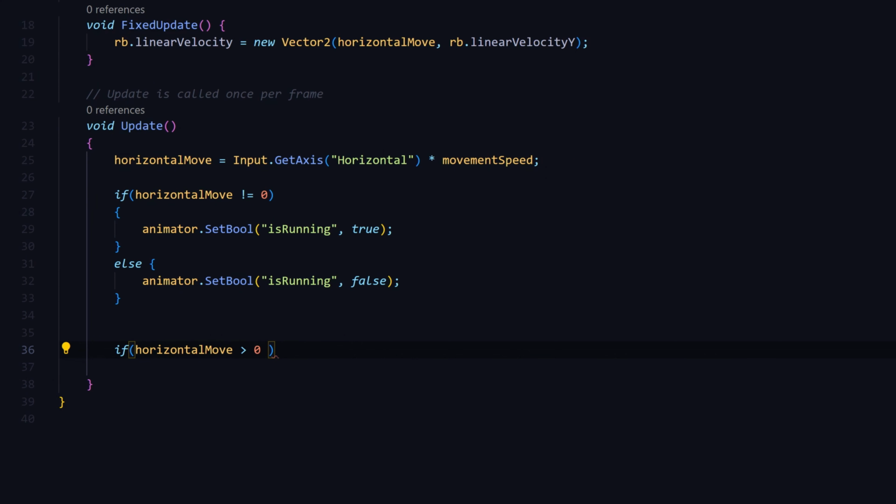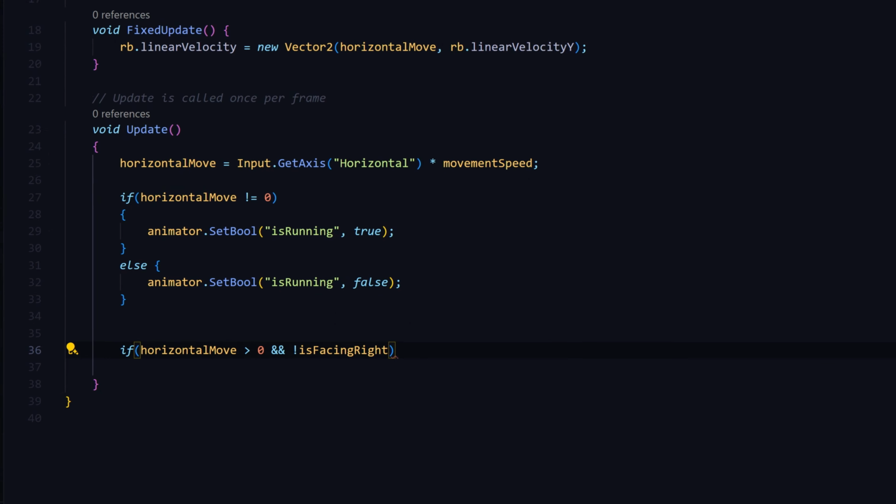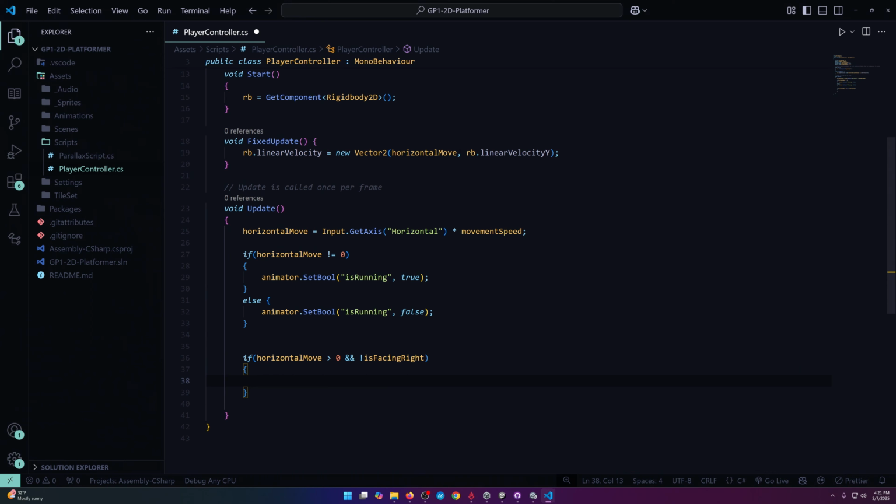So if our horizontalMove is greater than 0, it's positive. That means you should be facing right. If horizontalMove is greater than 0 and double ampersand is not facing right, so isFacingRight, but with an exclamation point at the front, and if we're not facing right, then we want to